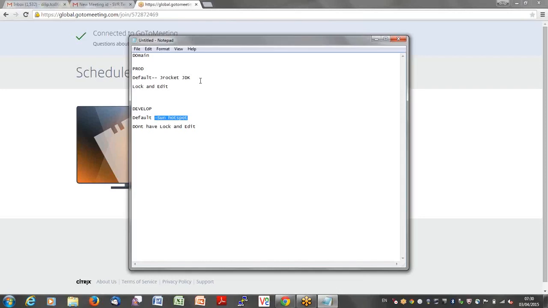But when you are working in the development environment, you will have code changes very frequently, right? So you will change the code of the first page, second page. In this way, you will be changing the code all the time. So if JRockit is used here, once it executes that first page code, it will store it in memory, and next time when you refresh the page, it will show you the old executed machine code only. It will not show the new changes. Then you need to restart the server. Then again it will compile. So then only you can see the changes.